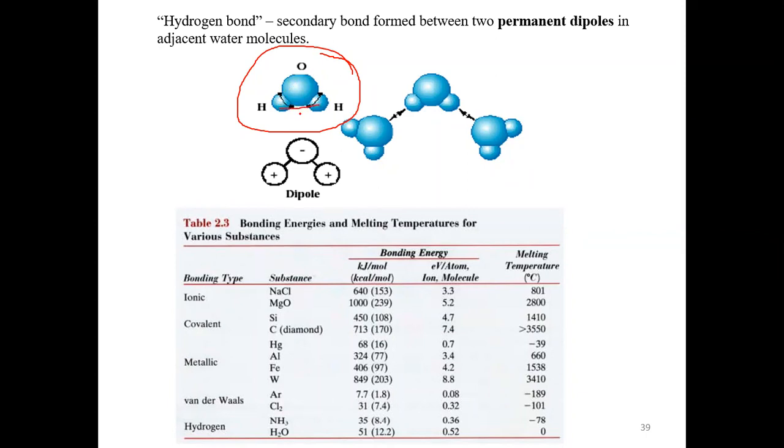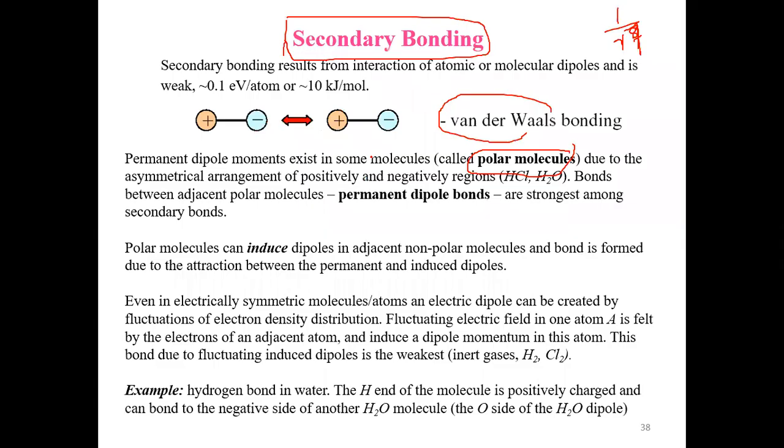When they are forming, this end becomes more positive compared to the other end, because hydrogen has got 1 electron and oxygen has got 6 electrons. So the hydrogen end will be more positive compared to the other end. So they form a natural dipole. That is called polar molecules. So the definition of a polar molecule is that it has got a permanent dipole moment even in the absence of an electric field. For example, the water molecule or the HCl molecule, and so on.